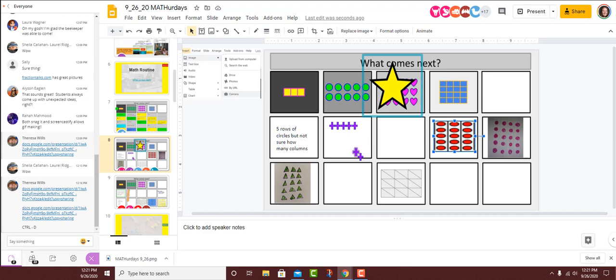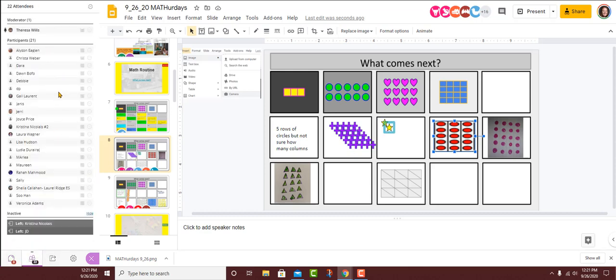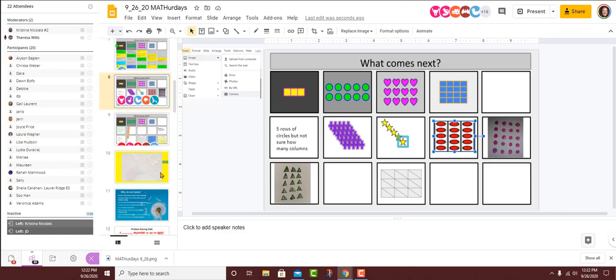Neat. And if we're following our guide that we had mentioned there, we would want to see 5 rows, not necessarily 5 columns, which brings us back to Raha's point about using that vocabulary. Fabulous. One thing that I love about this routine is that you can make it so open, and you can also invite kids to be creative with it. All right, folks, we are going to jump into our rich